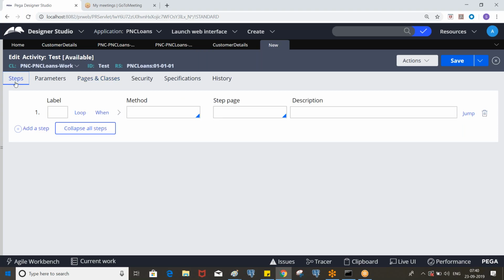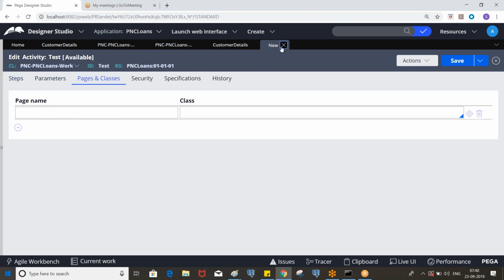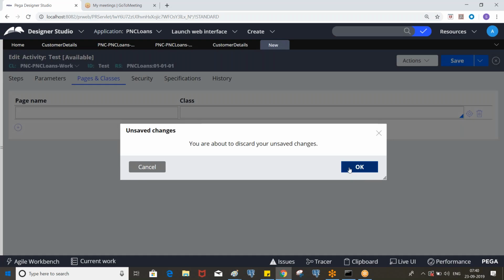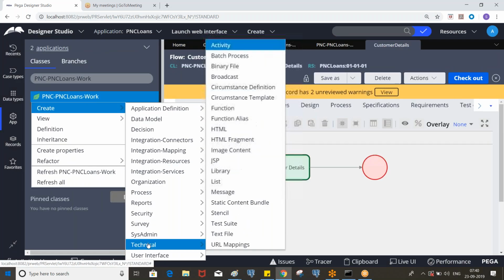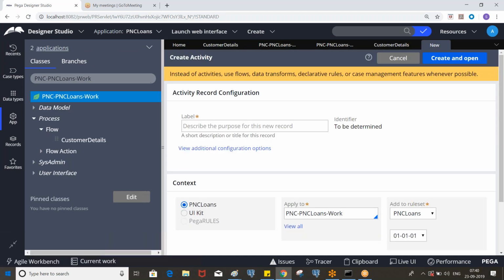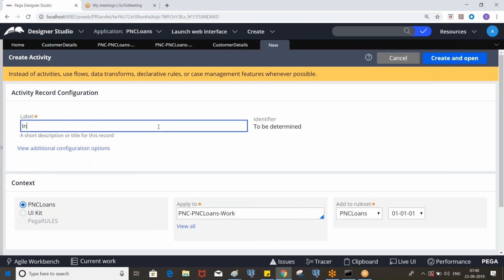Clear? Step one is we need to define a page by referring to the class. So we are creating an activity called save customer details or insert customer details.